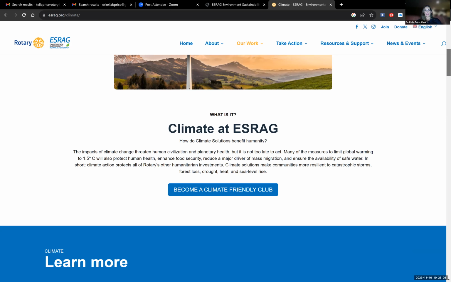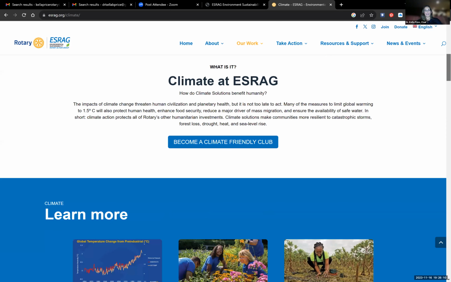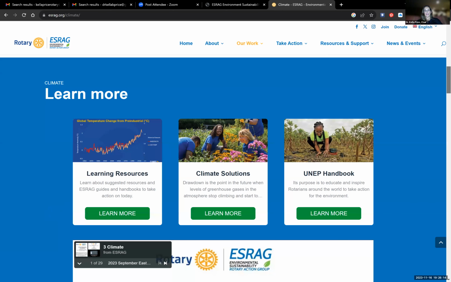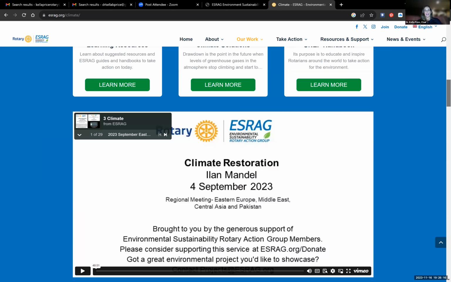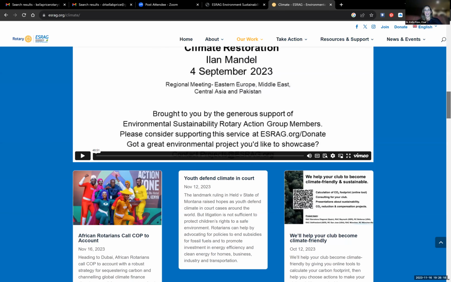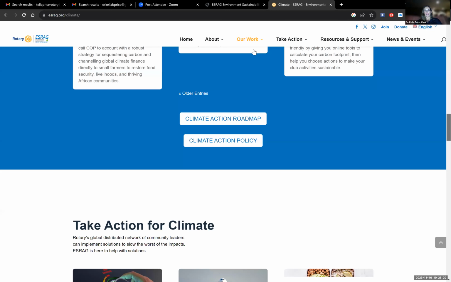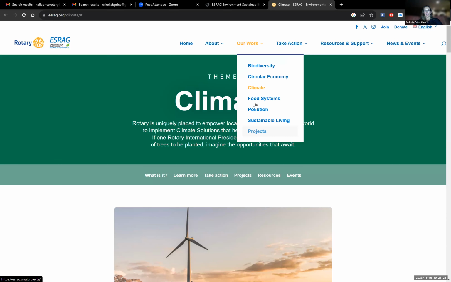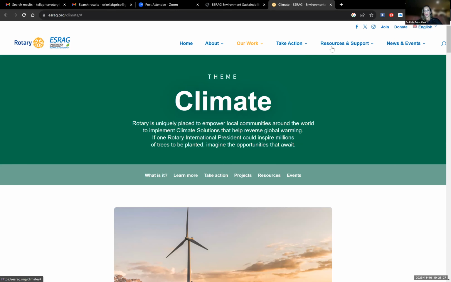So this just talks about climate solutions, and it has resources for that specific area, and they have this for each of the different areas of focus listed here. So if you go down to resources,